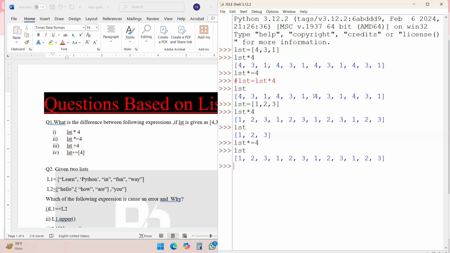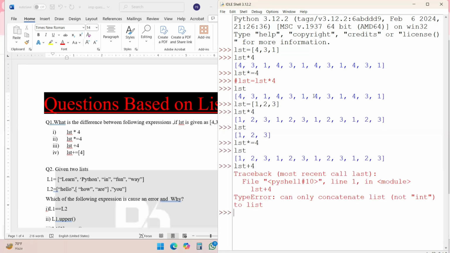Now, this is my original list. Now check another example, number 3: list plus 4. I just want to add 4 to my list. It shows an error because the concatenation operator concatenates a list with a list, not a number. That's why it shows an error.